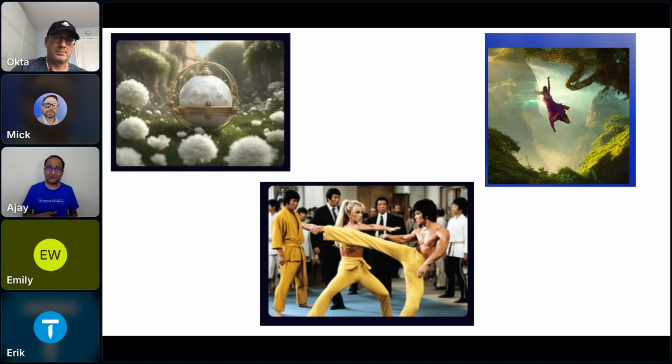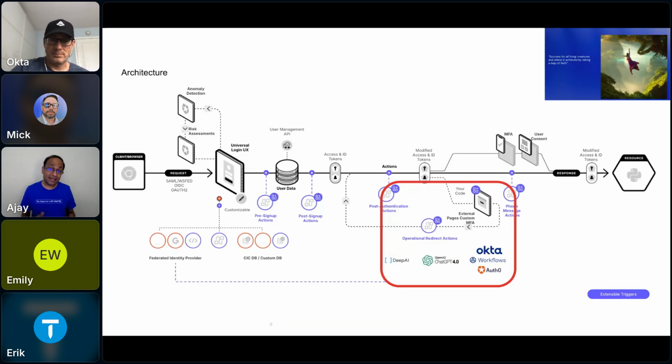I got this idea when I was working with an Okta customer, and I noticed how tuned they were into looking at art. Now, another reason that I wanted to highlight this is because really, when I think about the capabilities offered by LLMs, I think what we're going to see is that certain LLMs are good for certain tasks. So in this particular case, I used Deep AI to actually generate those images and OpenAI to generate random text. So that's how I got those 3 options.